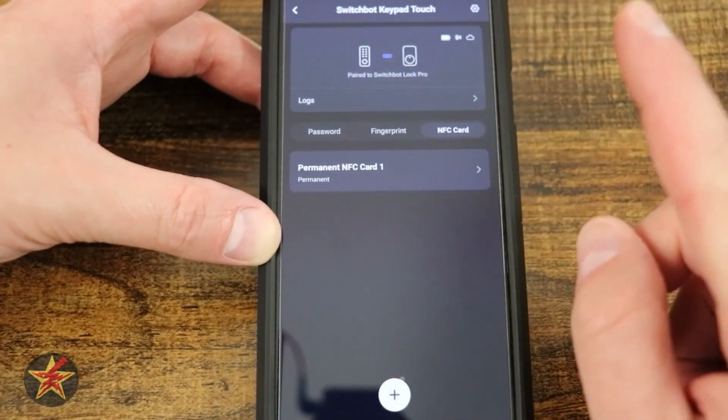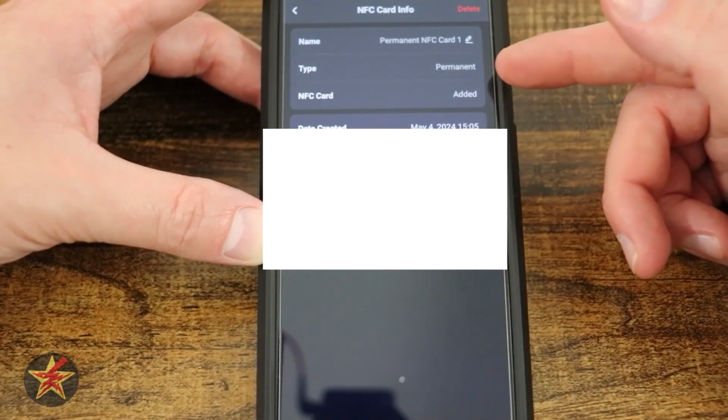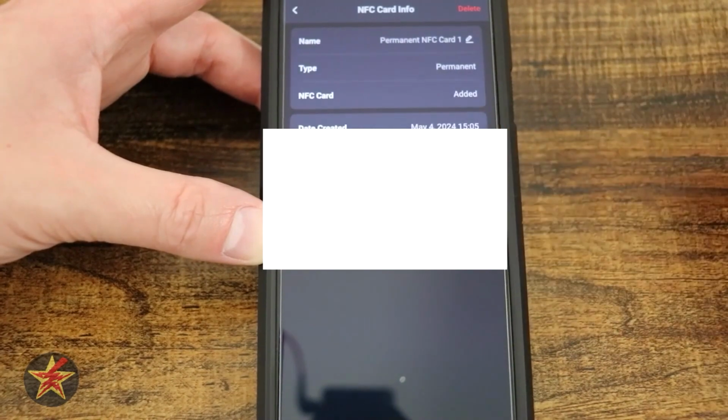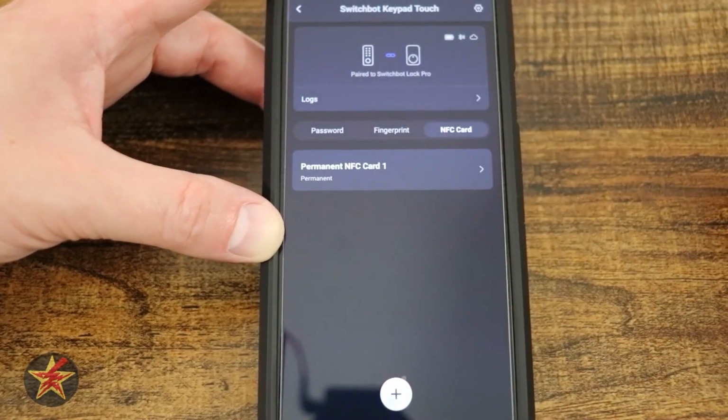You can have several different NFC cards set up, and just like with everything else, I can select one and change the name. It'll show me the type, what it was, the date, and email address. I can delete any one of these from the top,